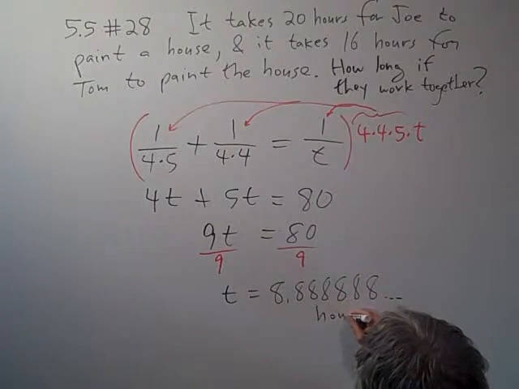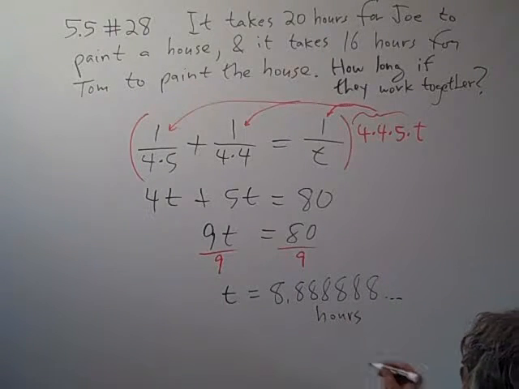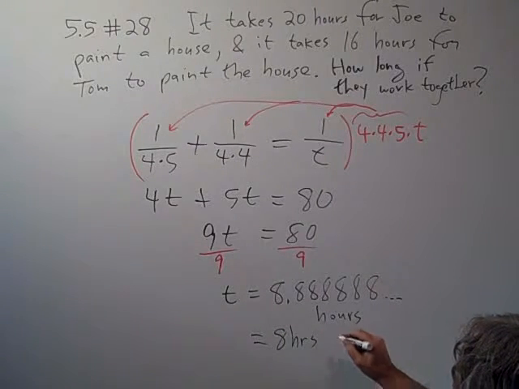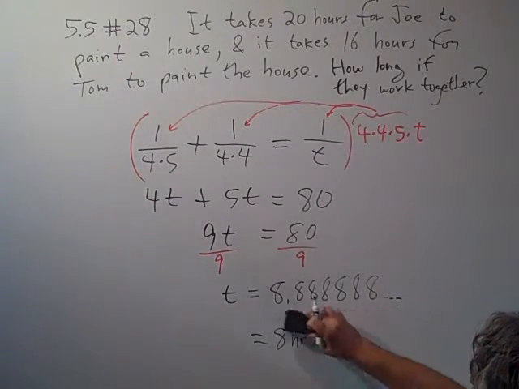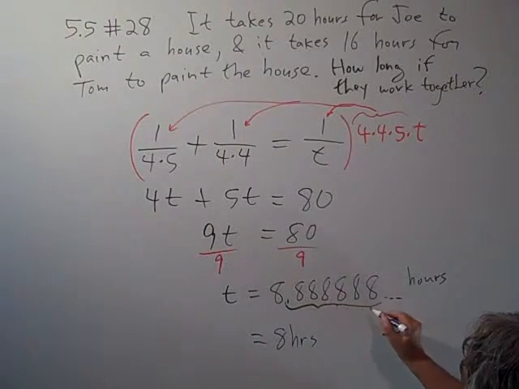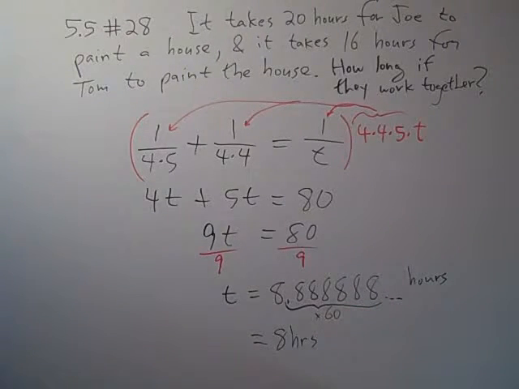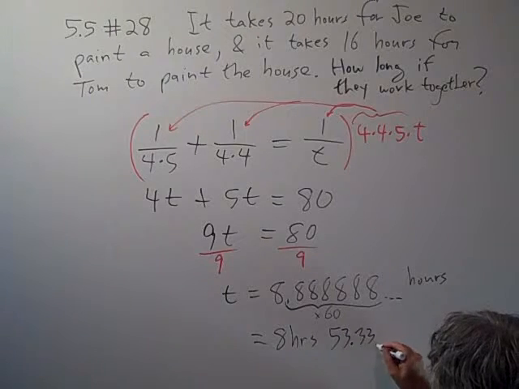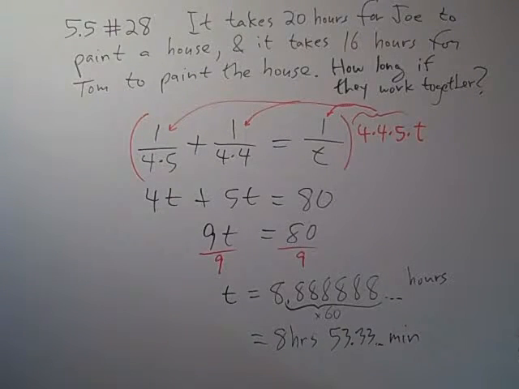8.8888888 hours. They wanted us to round off to the nearest minute here, so this is 8 hours and how many minutes? So we have to take this 0.88888 and go times 60, because there's 60 minutes in each hour. When you do the multiply, you get that it's 53.33 minutes. If we round off to the nearest minute, this is about